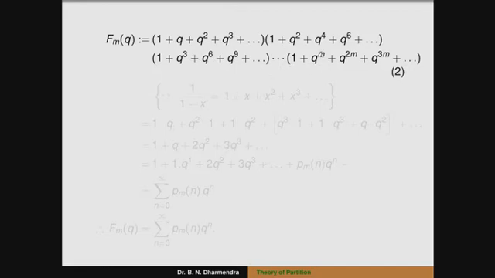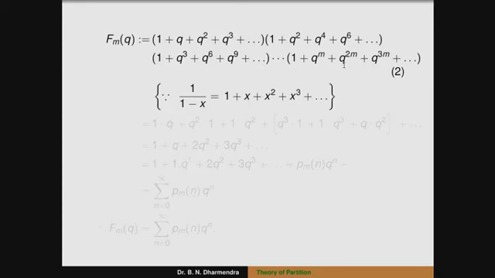Similarly, we can replace it so that 1 divided by 1 minus q to the power of m is 1 plus q to the power of m plus q to the power of 2m plus q to the power of 3m up to infinite terms. Because of the geometric series, if mod x is less than 1, 1 divided by 1 minus x is equal to 1 plus x plus x square plus x cube. So we are using that value, and we have to replace the terms here. Taking x as q, that is the first term, x as q square, that is the second term, x as q cube, that is the third term, and x as q to the power of m, that is the last term.